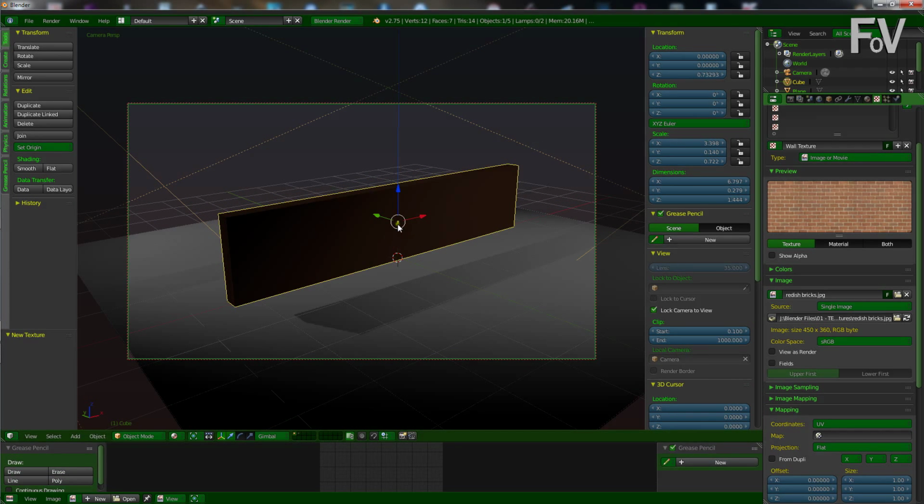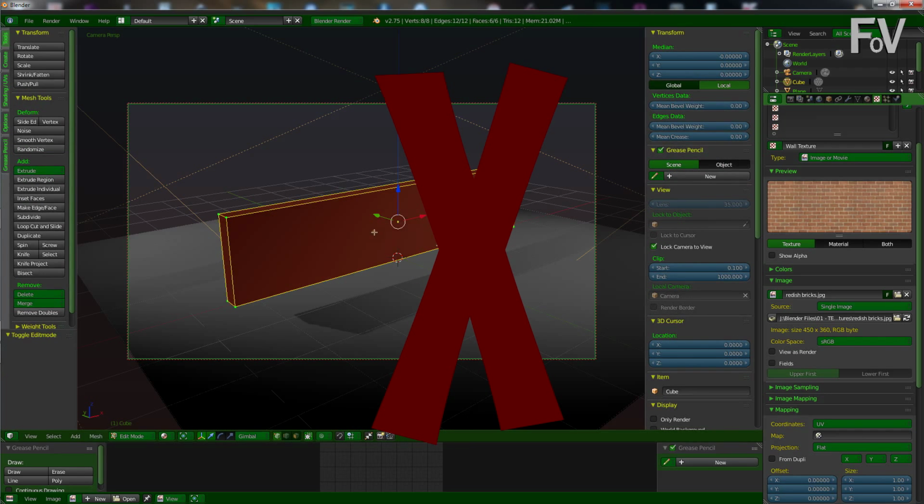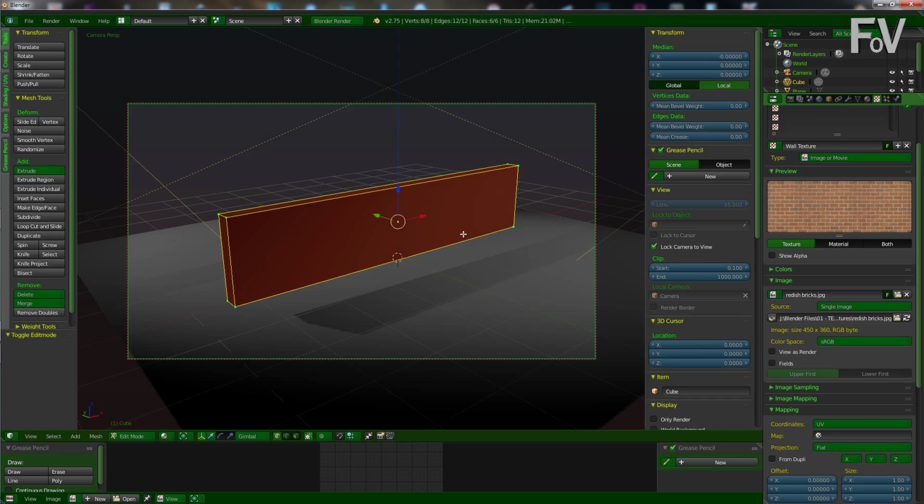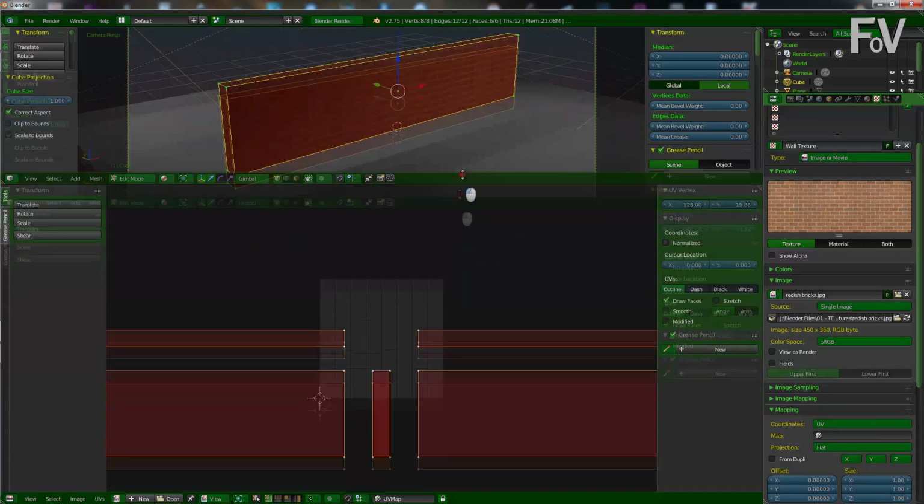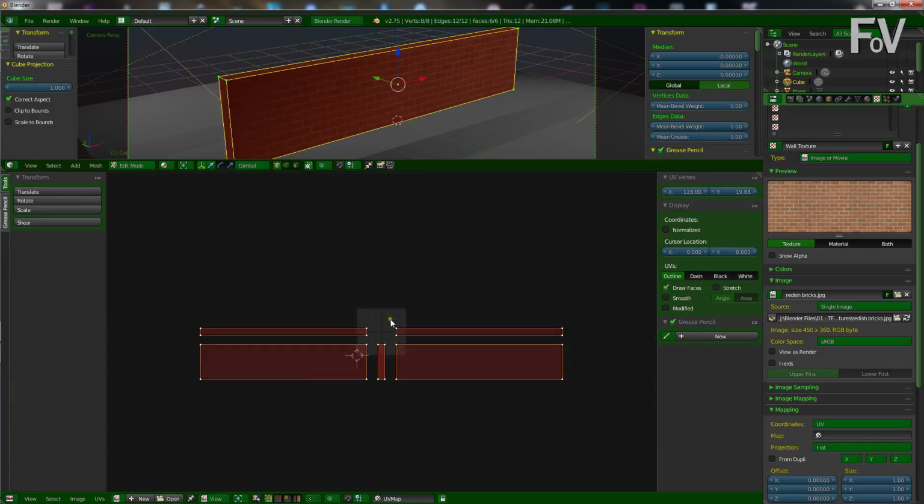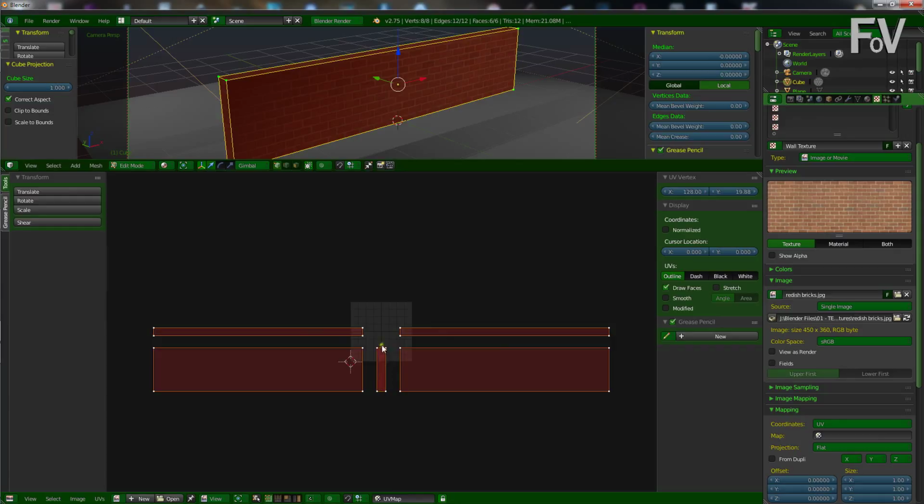Okay, once we've done that, we want to press Control A to apply the scale, and then tab into edit mode, and then press U. And we're going to use cube projection for this because it is essentially a cube, and you can see the bricks have come up already. We just go down to our UV editor. You can see our layout here. We've got the two long sides, we've got the top and the bottom, and the ends are on top of